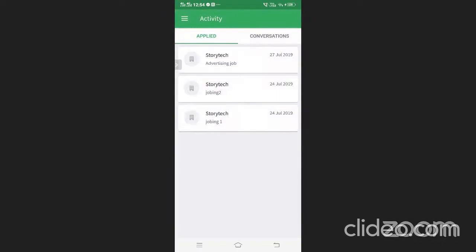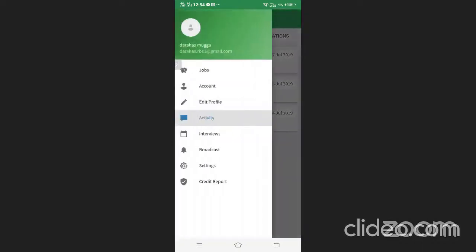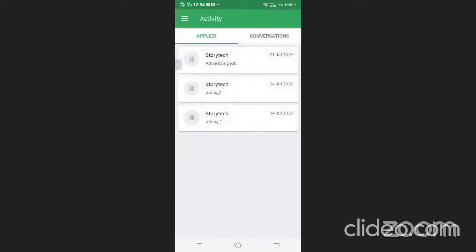Now here comes the major part. Now the students applied for a job. If they want to edit their profile, they can edit their profile. But where do they see the jobs that the student applied? This is the screen where the students will have a look at it. They'll see applied are the jobs. Okay, I just got a notification.